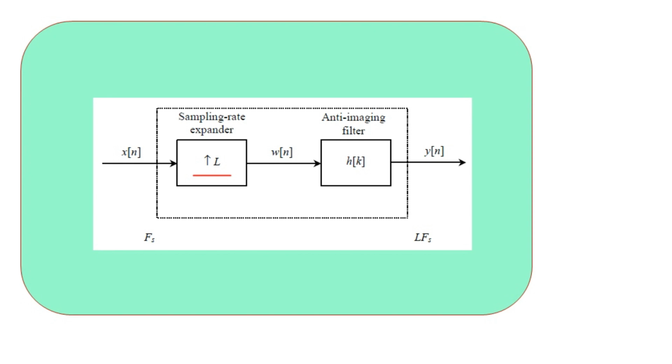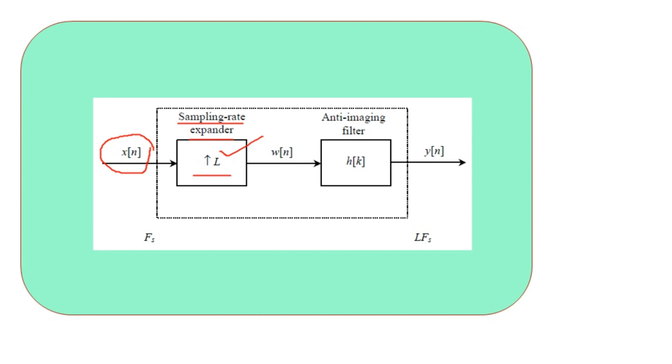Whatever the symbol in capital letters, generally capital M or capital D, it is the integer decimation factor. Here it is the integer type interpolation, the upsampling factor. The block here is said to be the sampling rate expander, and to this block our original signal to be interpolated, denoted by x of n, is fed as input.